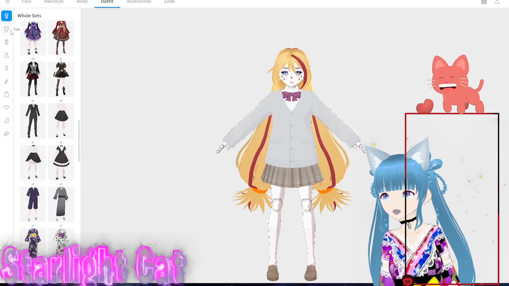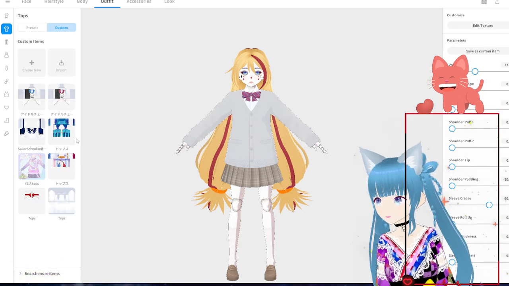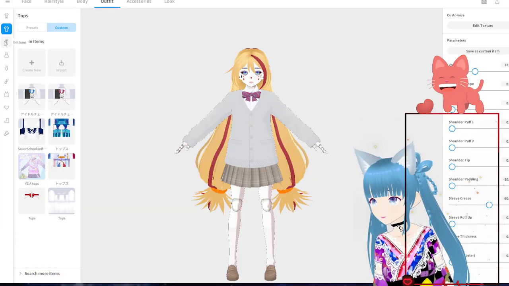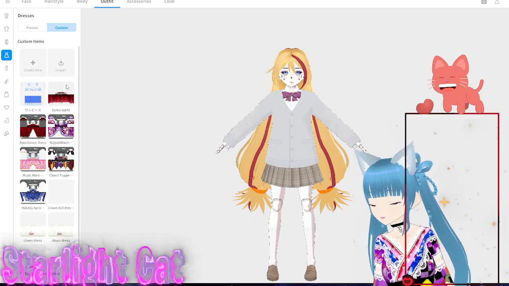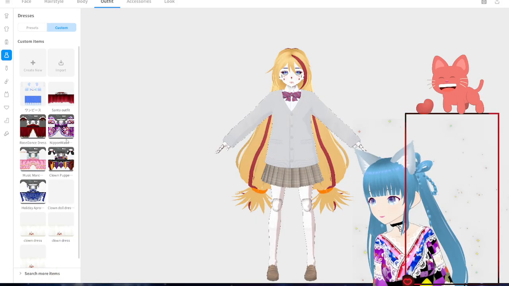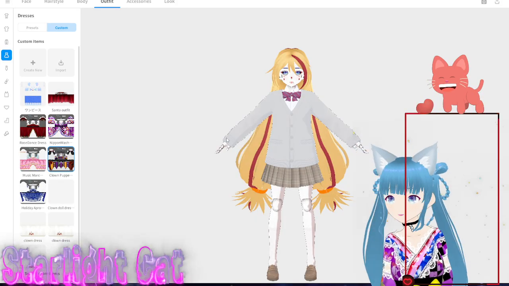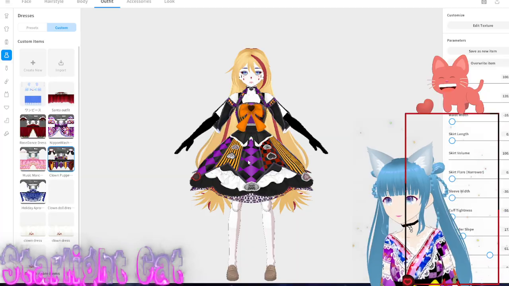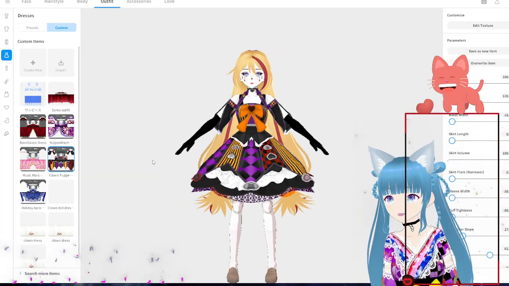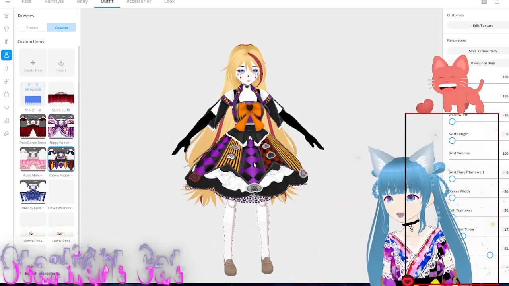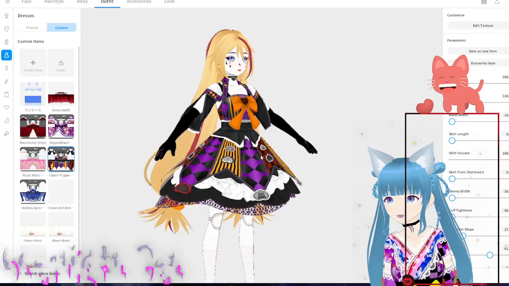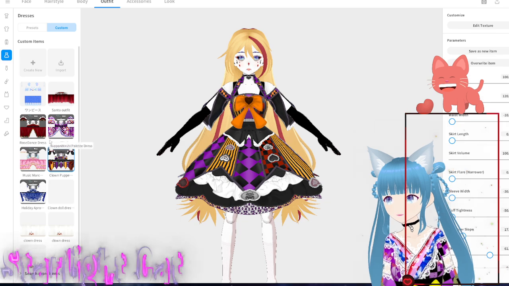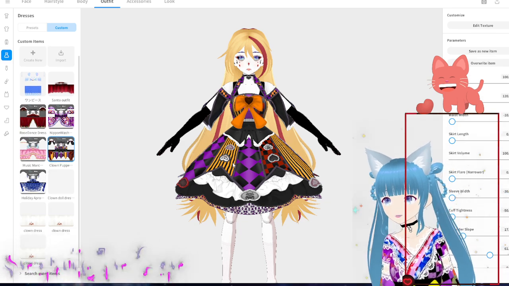But let's go with... is it not under here? Maybe under this one. Yeah, here it is. Come on. Load the custom outfit. So this is one of my custom outfits that I have. It is more the clown makeup. It encompasses the whole dress, the sleeves, the neck, the gloves. So it is a pretty inclusive